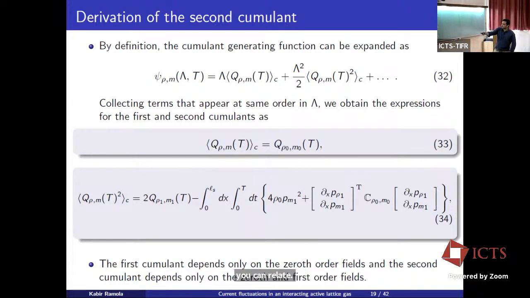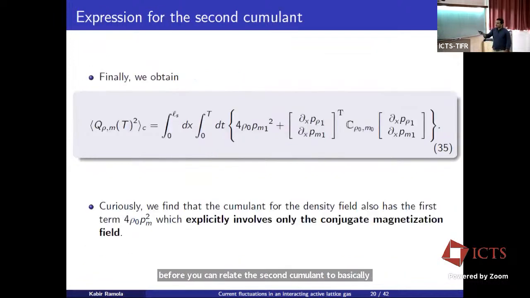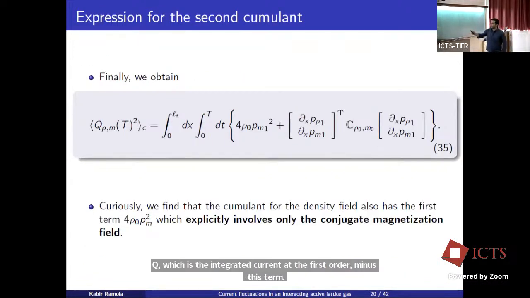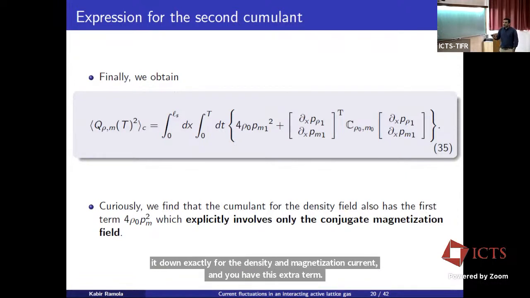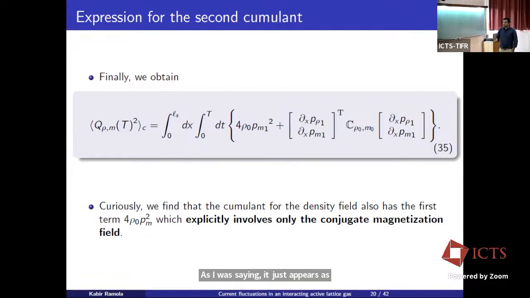You can relate the second cumulant to basically Q, which is the integrated current at the first order, minus this term. And I will just show you the final result. We obtain this as the final result. So this is our analytic expression for the cumulant of just the density current at this point. We are going to compute, but you can write it down exactly for the density and magnetization current, and you have this extra term, as I was saying. It just appears as an effect of activity, and this would be the effect of just fluctuations. So for example, if you were to put D, the diffusion constant, to 0,